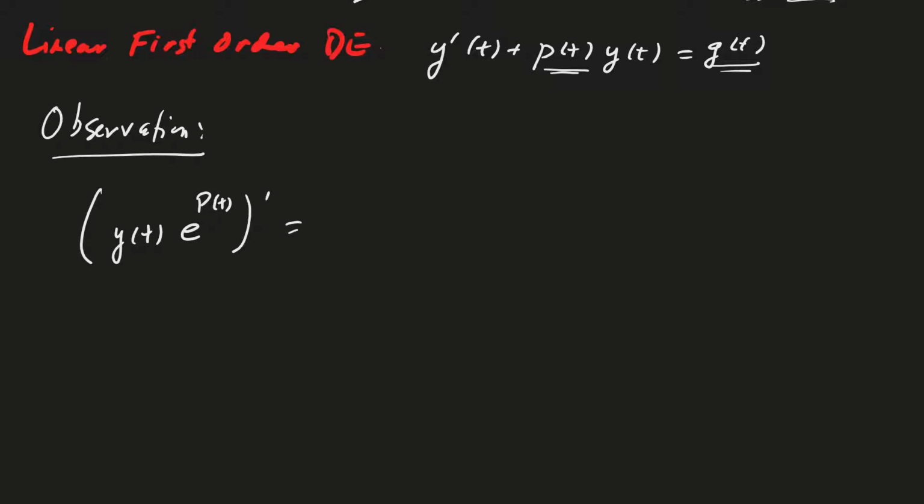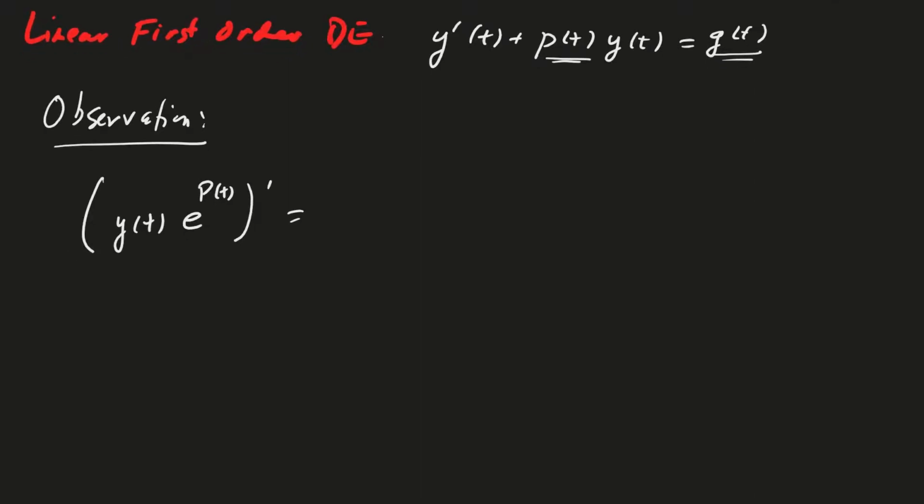What's the result? Well, I would have to use the product rule, so I'd have the derivative of the first function times the second function plus the first function times the derivative of the second. That's capital P prime. Okay. Now, if I factor out that e to the P of t,